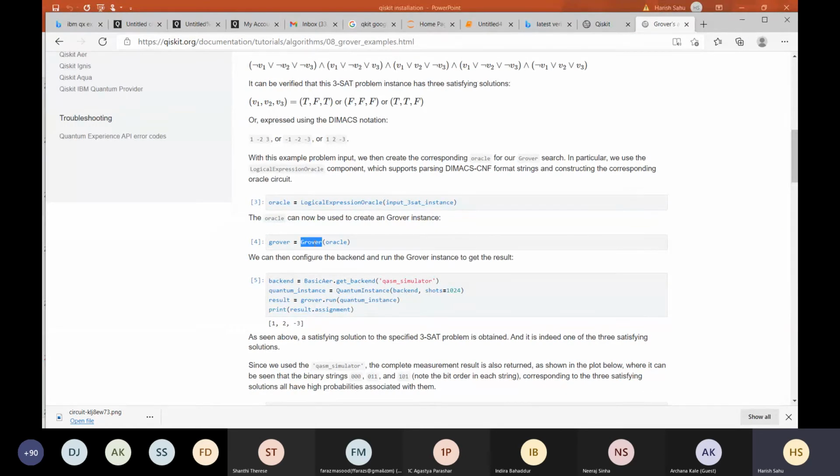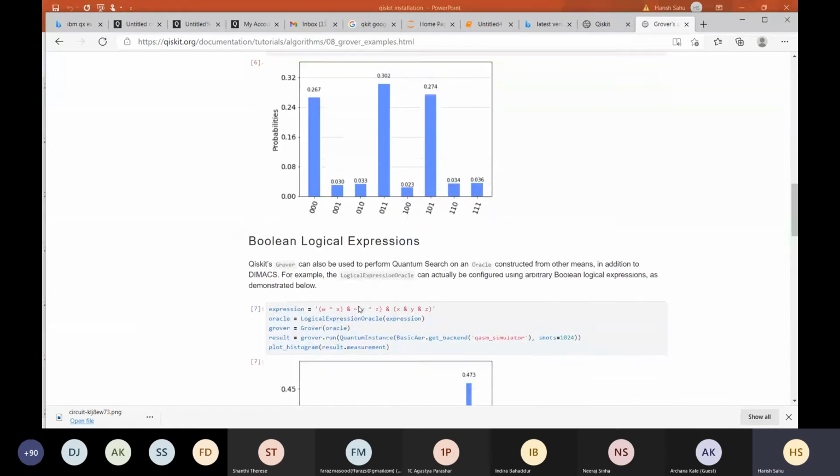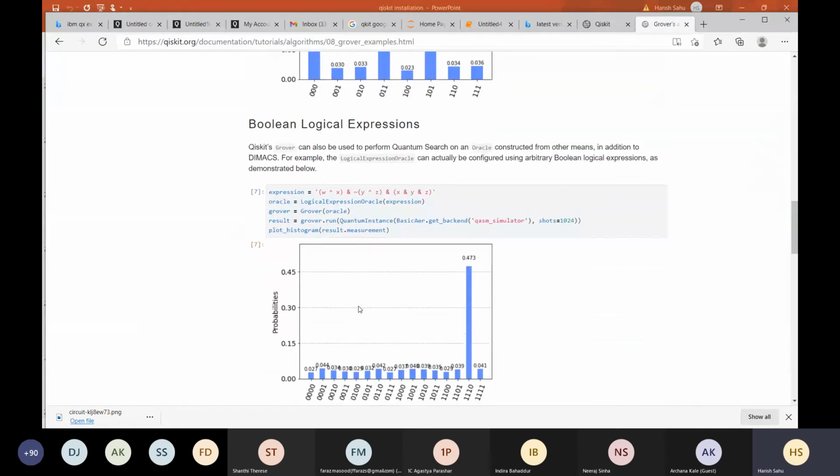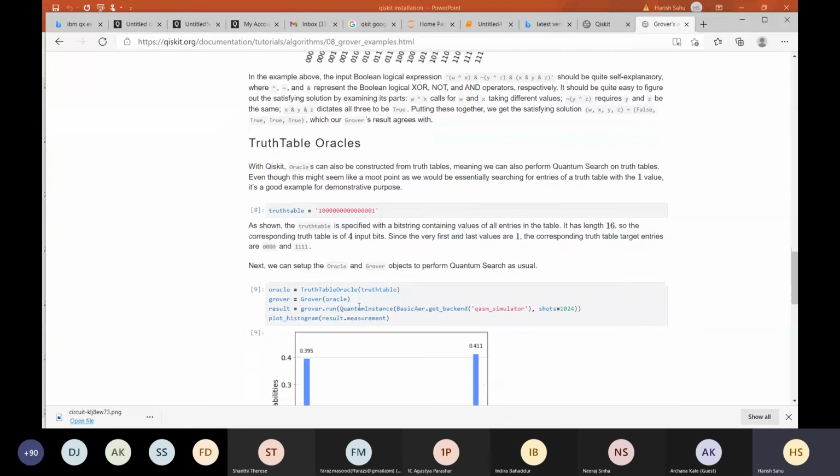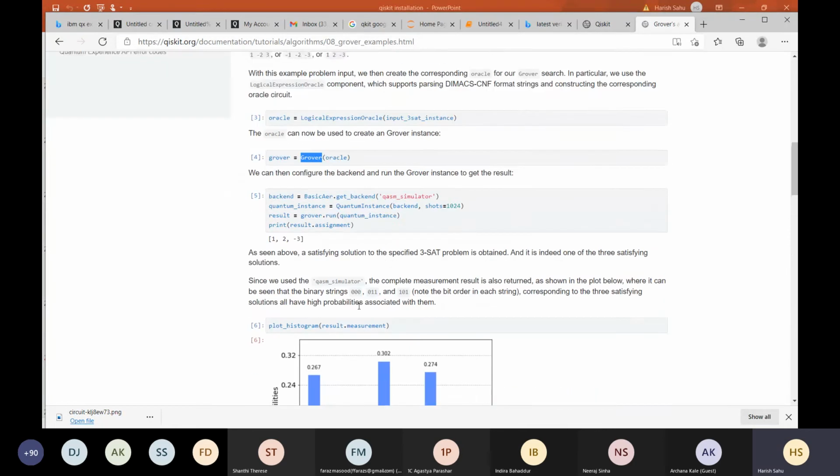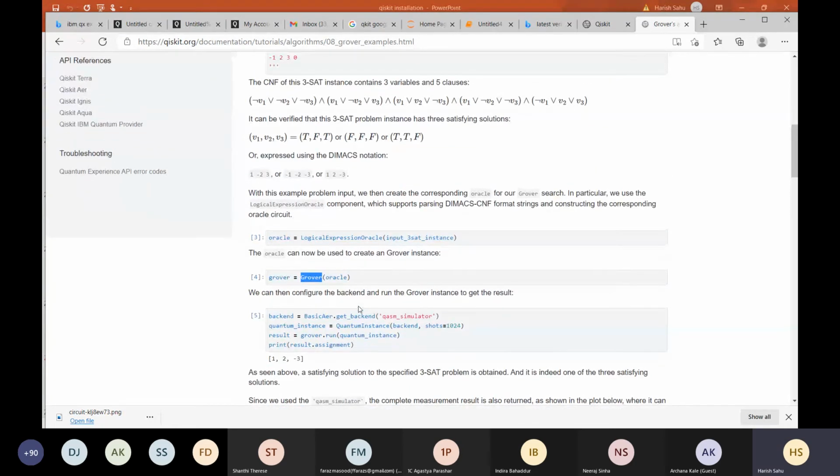We are creating a Grover, and the Oracle will depend on this function f. Firstly, the simulator is taken. Let's go through this entire thing. No need to run it, you can also try it yourself.